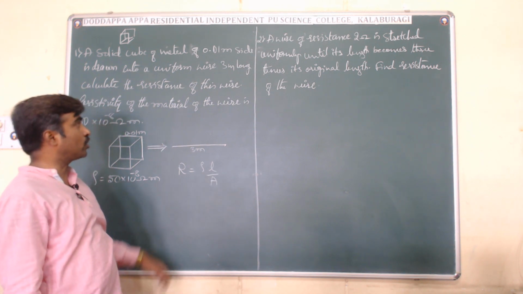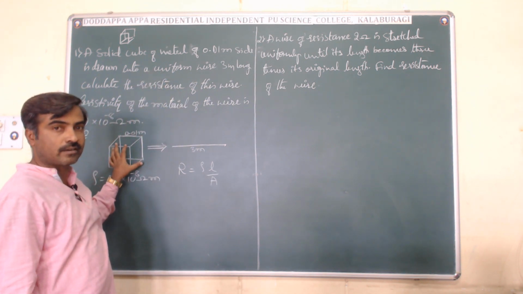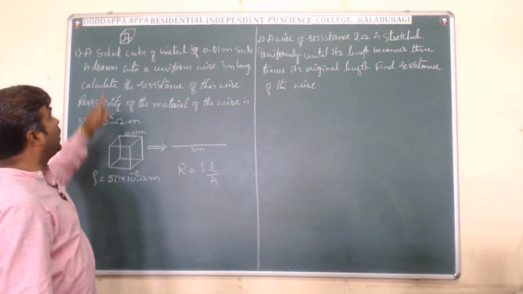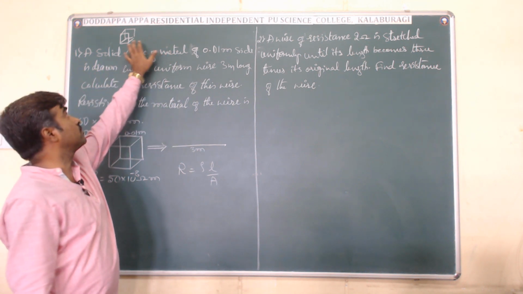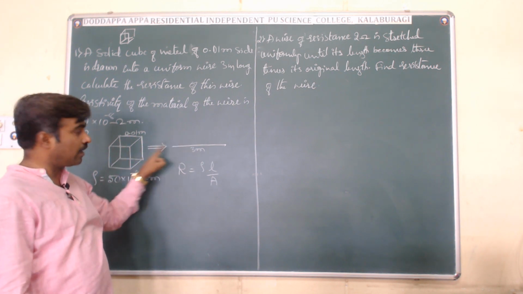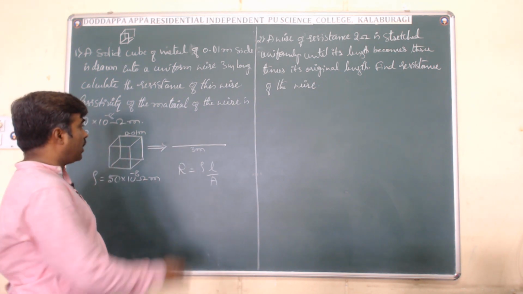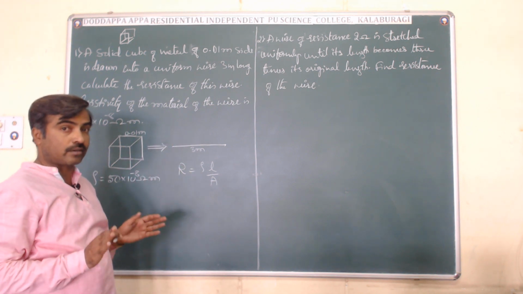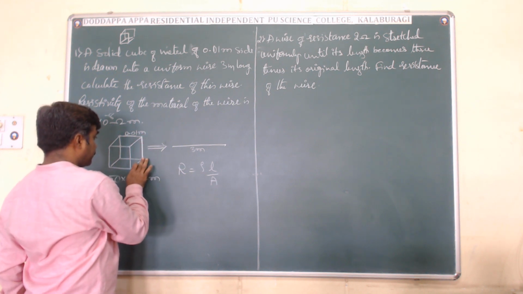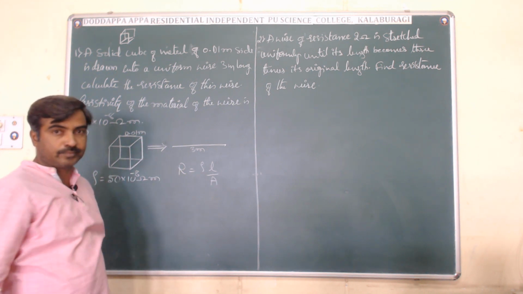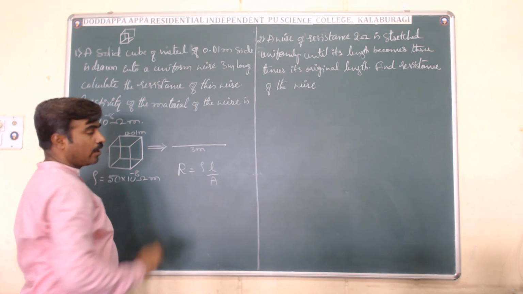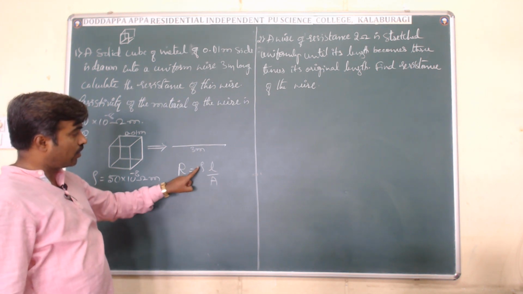We should understand first what is to be calculated and what the given quantities are. So the given quantity is the resistivity of the material, and a simple hint has been given: the cube has been changed into a length. The shape of the material has been changed, but there is no decrease or increase in the total volume. So to calculate the resistance, R is equal to rho L by A is required. To calculate R, rho is given.